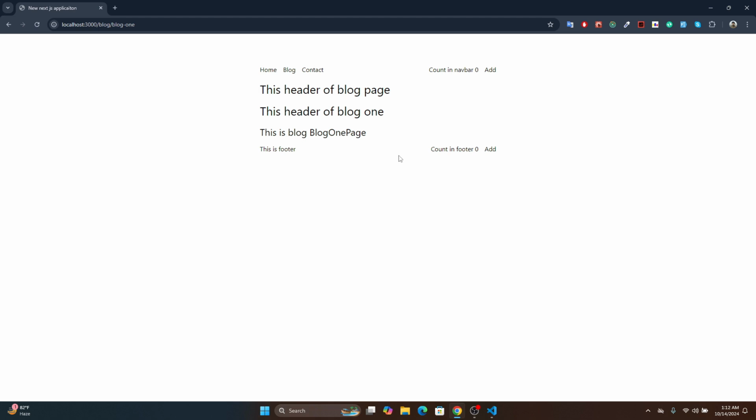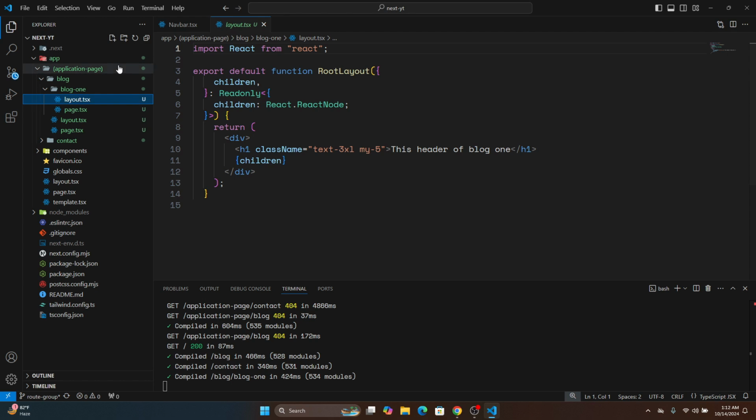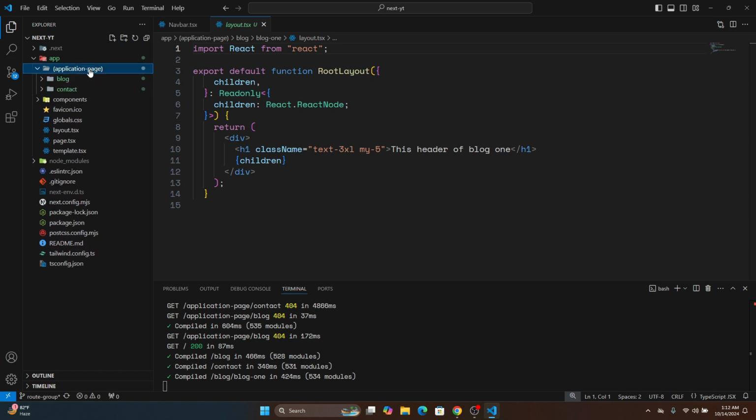are also applying. So when we apply group routing, the folder name will be omitted from the route name, but all the layouts will be applied equally and perfectly as usual. So that's why on the blog page and on the blog one page all the layouts are working perfectly. If we also create one layout here,